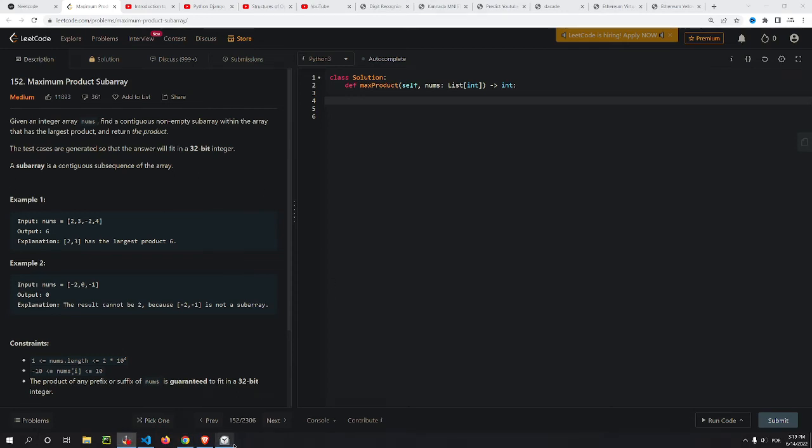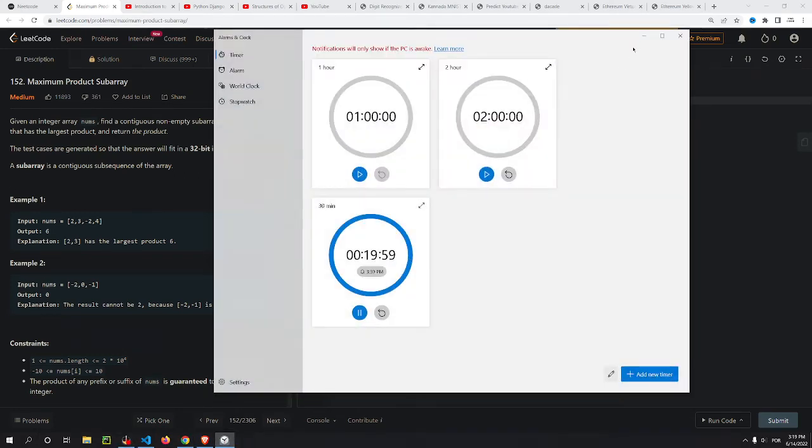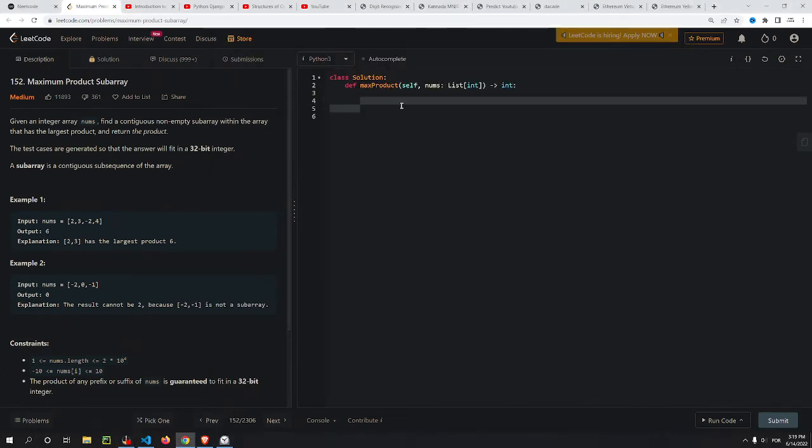Alright, let's start next round. I think I try to do 3 or 4 each round, or maybe 5, and then take a break, come back until I finish. Given an integer array nums, find a contiguous non-empty subarray within the array that has the